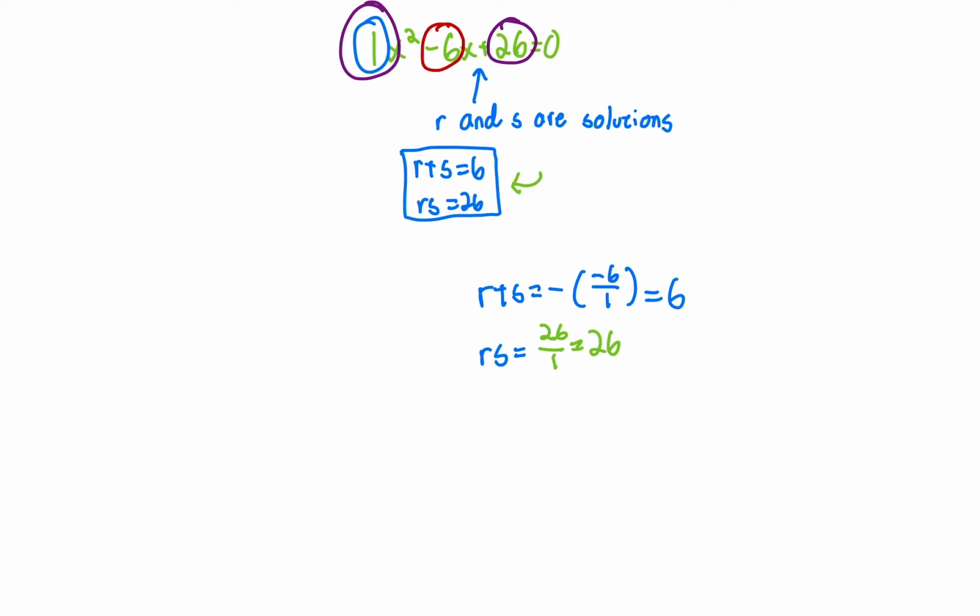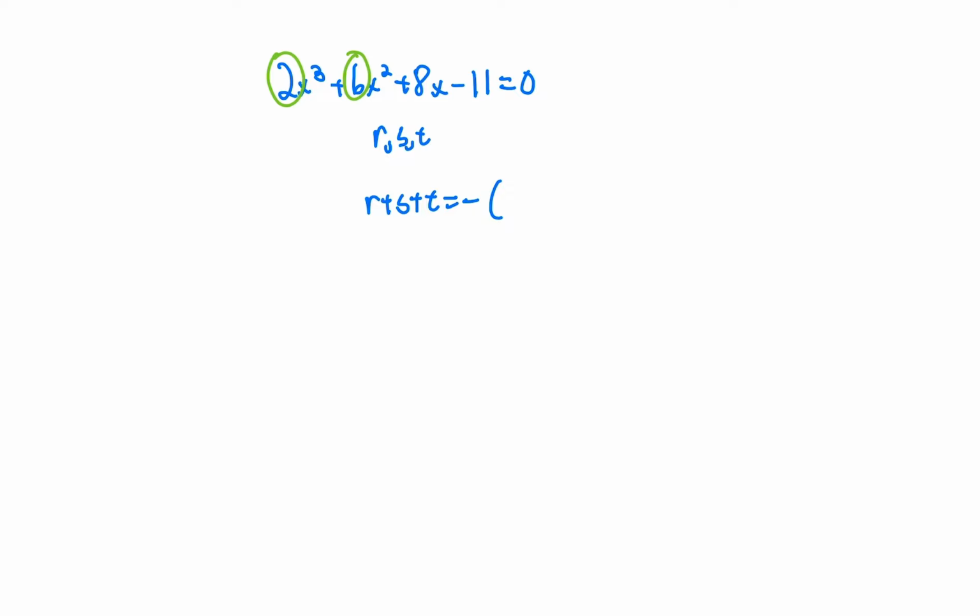Okay, so now, what if we do a cubic, for example? So let's just say that we have a polynomial 2x cubed plus 6x squared plus 8x minus 10. No, minus 11. And we wish to find the roots of this; let's say the solutions are r, s, and t. Let's try to find r plus s plus t. So it's going to be negative, always, and then it's going to be this term divided by this term, which is going to be 6 over 2, which equals negative 3. So the sum of the roots in this case is negative 3. And the product of the roots,